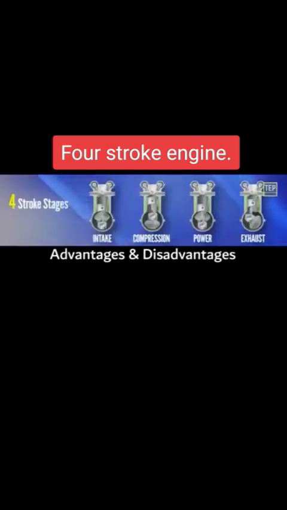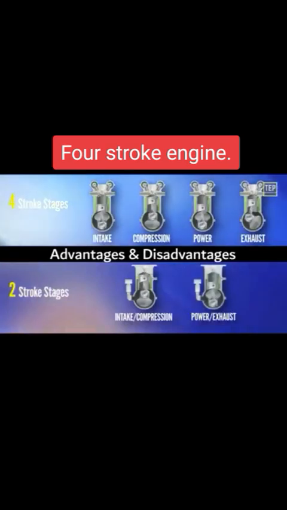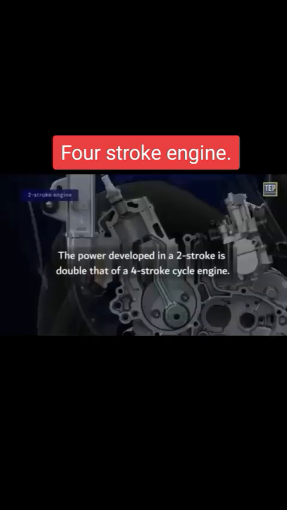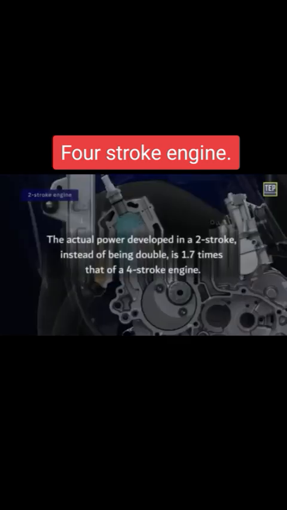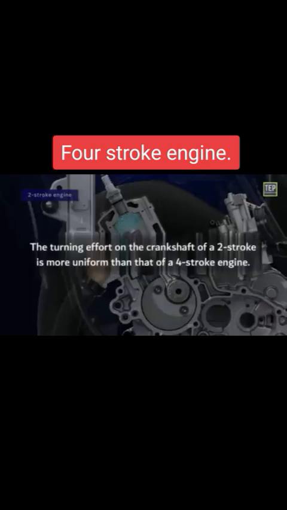Now let's look at the advantages and disadvantages of a four-stroke engine over a two-stroke engine. The power developed in a two-stroke engine is double that of a four-stroke engine. Due to shortening of the effective stroke length of the piston, and due to the fact that the engine has to operate the scavenging pump, the actual power developed in a two-stroke, instead of being double, is 1.7 times that of a four-stroke engine. The turning effort on the crankshaft of a two-stroke is more